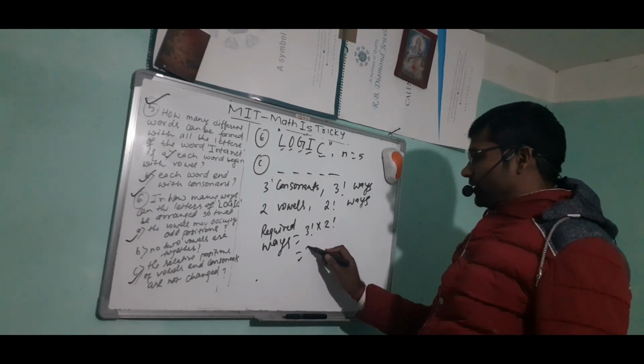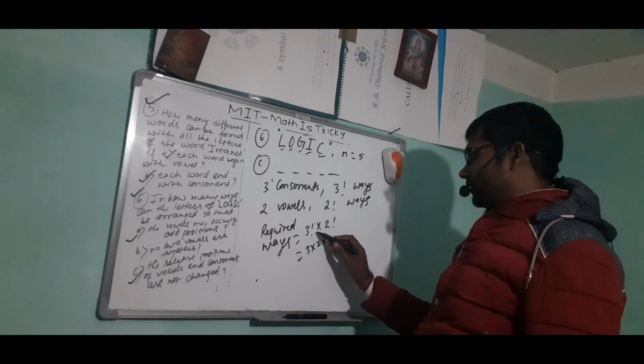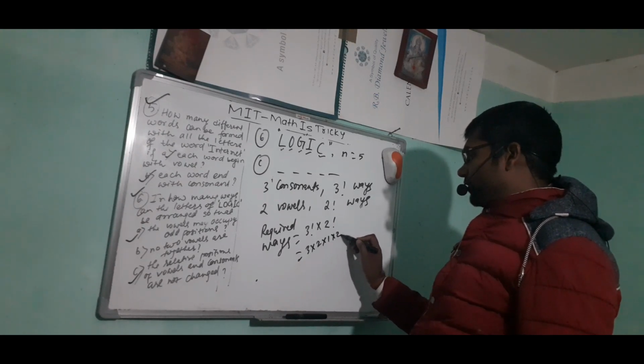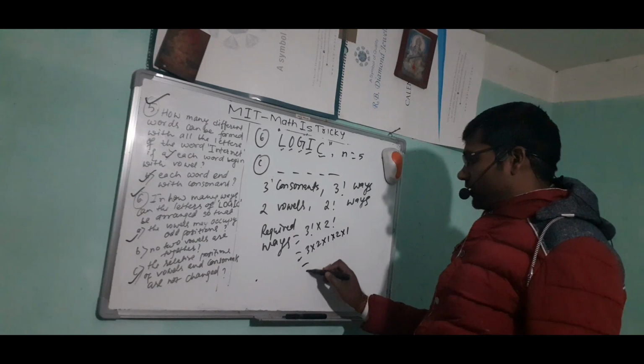That is 3 into 2 into 1 into 2 into 1, and 4 3s are 12 will be